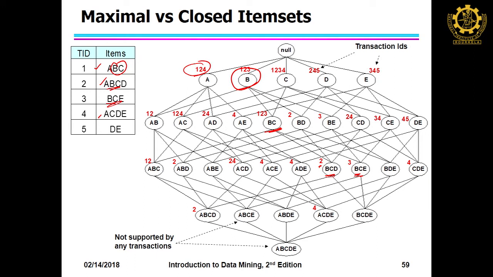Are you getting it? You see the corresponding supersets BCD and BCE; does it have any other superset? No. So, BC can be the closed item set. Can it be maximal? Then you should know the support threshold. The support threshold is 2. BC can be a maximal frequent item set if its corresponding supersets are not frequent. So, therefore, this is frequent, and its corresponding supersets are not frequent.